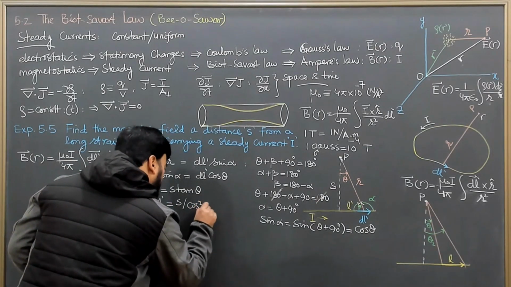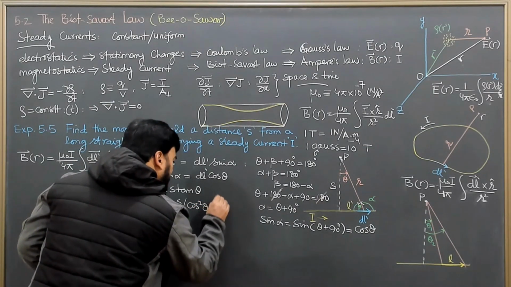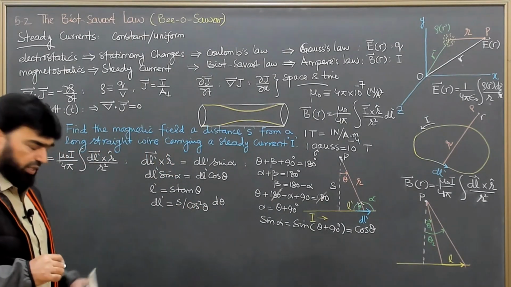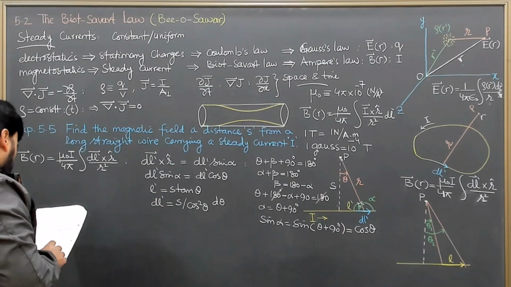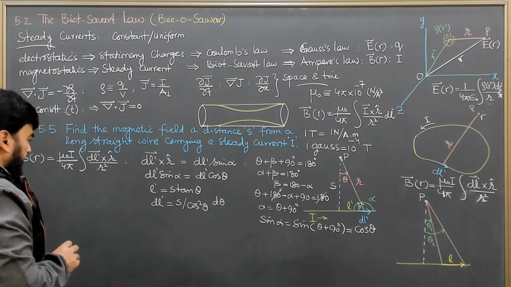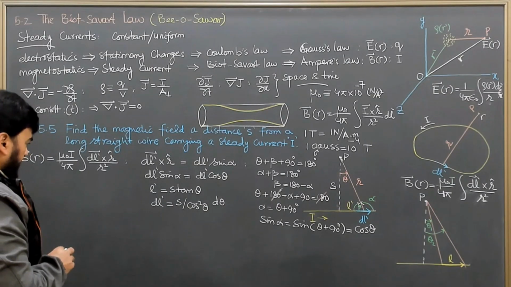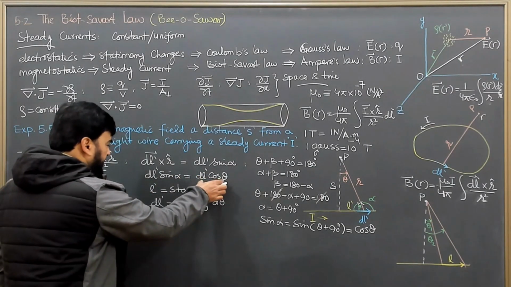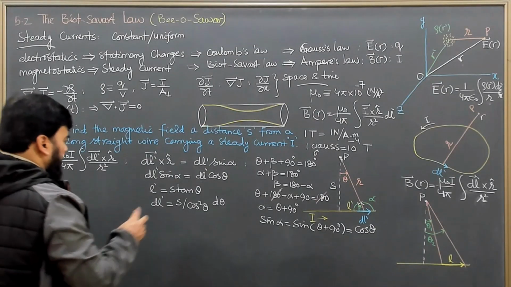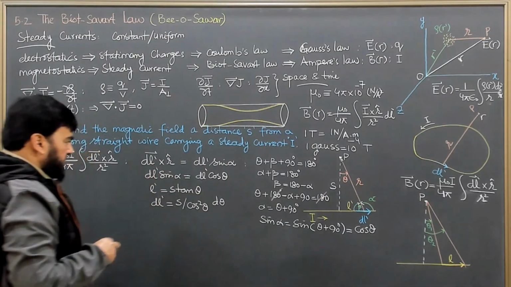So 1 over cos square theta, and d theta will come with this. So I have converted the dl prime as well, and then I will write here with this. So this will come out to, the cos theta and cos theta will simplify, but